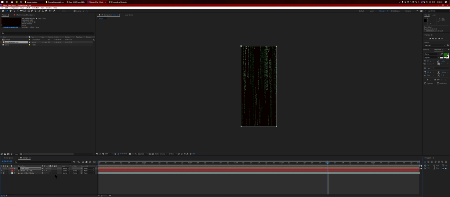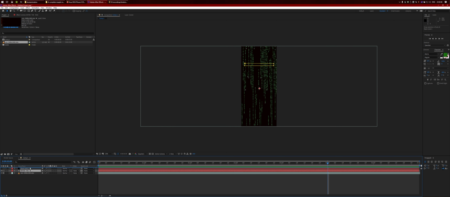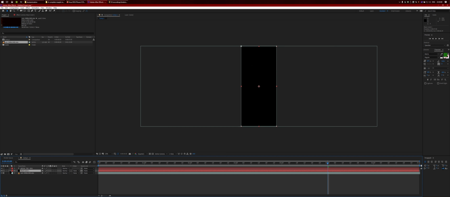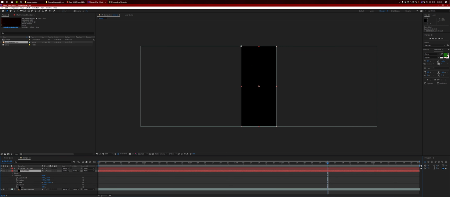Or we can actually increase the opacity of this. Yeah, so at the start, then around here when the text comes in, we'll start decreasing the opacity. So over here, open it up, go to transform, go to opacity, set it to